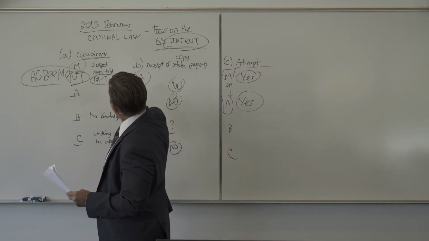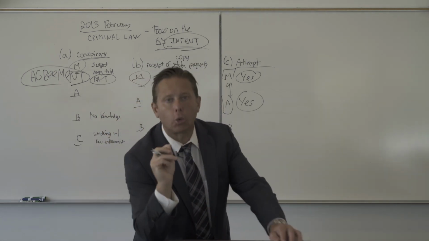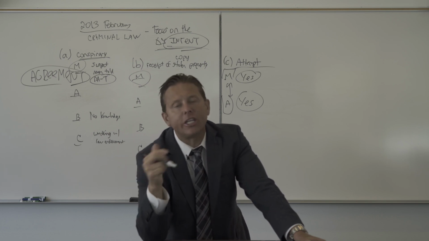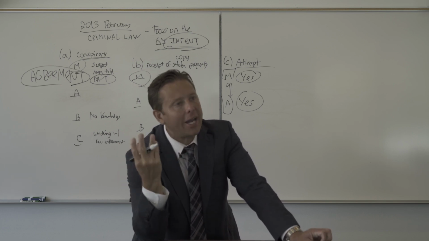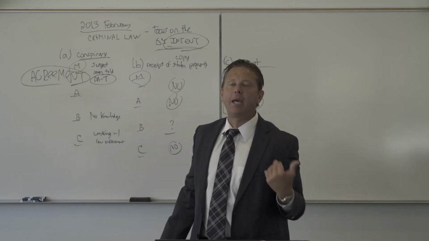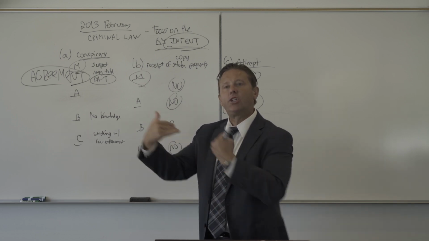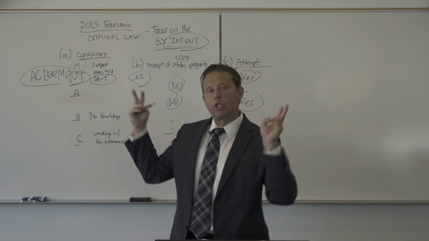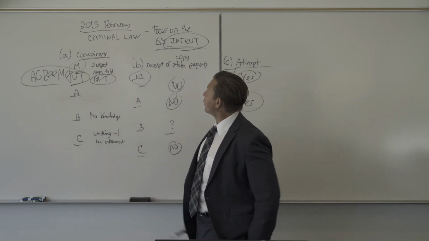At common law, remember, it only had to be an agreement. That's it. Once there was an agreement, you had a conspiracy. Modernly, you need an overt act in furtherance of the conspiracy, and pretty much any act will do. Picking up the guns, getting blueprints of the facility, getting the ski masks, casing the place. That's an overt act. Why? Because that furthers the intent. It's easier for the prosecution to show that you guys weren't just talking, that you were actually serious about it, and that's how you prove intent in the real world.